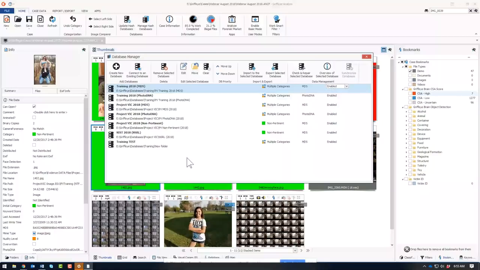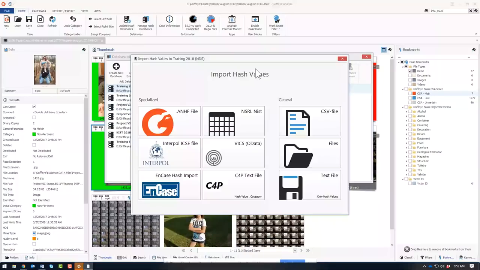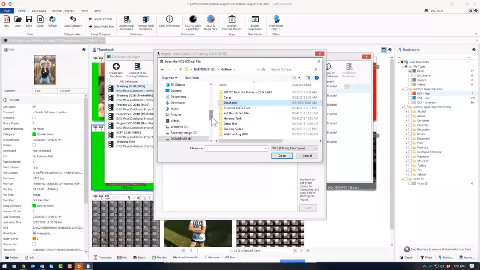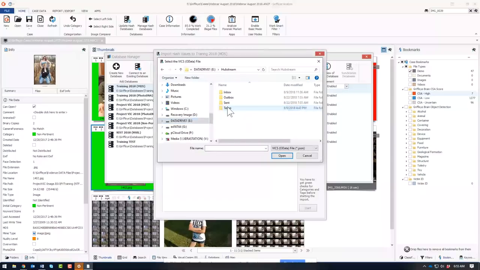When I'm ready to import data into that database, I use this import to select the database. For this example, I'm going to use my VICS data, and I'm going to go to, wait a second, HubStream. We use the HubStream intelligent agent to get our hashes from Project VIC.